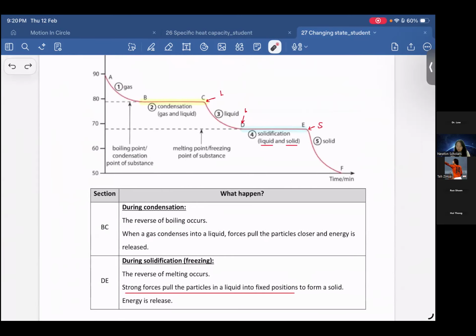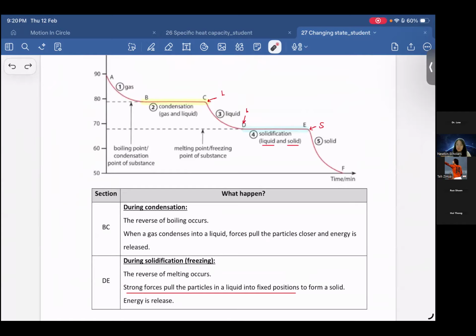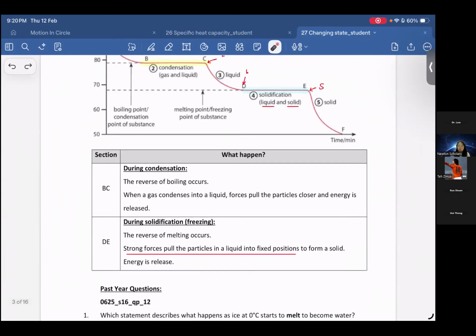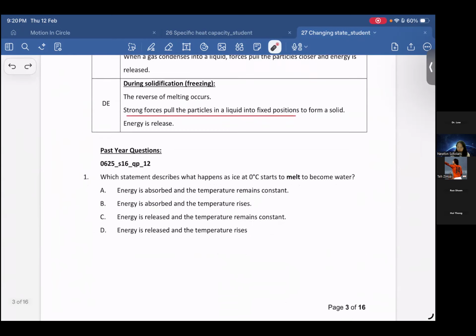Is it clear for this part? If okay, then give me a response. Then we try with the past year questions. Is it okay, dear? Am I explaining clearly? Okay, Bora, okay. So here we come to this